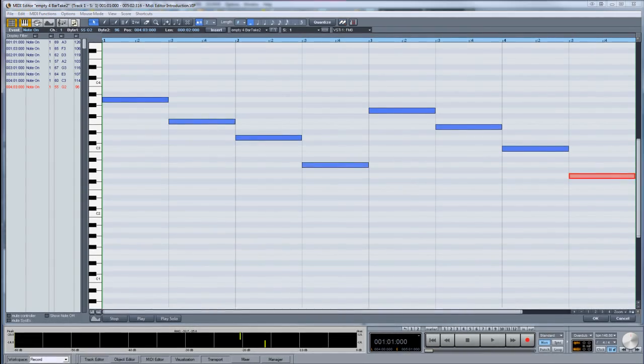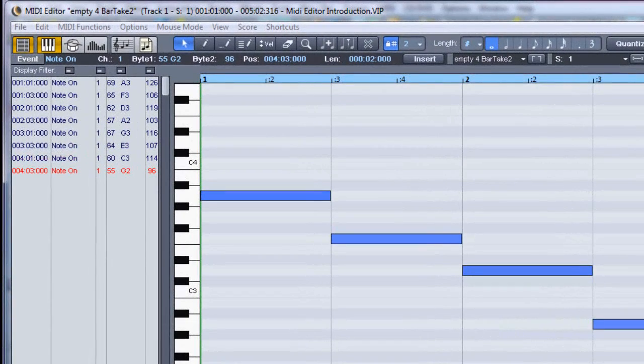So the notes have appeared in the matrix editor and the note information in the event editor. Selecting a note in the event editor will select the corresponding note in the matrix editor, and vice versa. There are 5 columns in the event editor. From left to right, the columns display the time position, the type of MIDI event, which in this case is